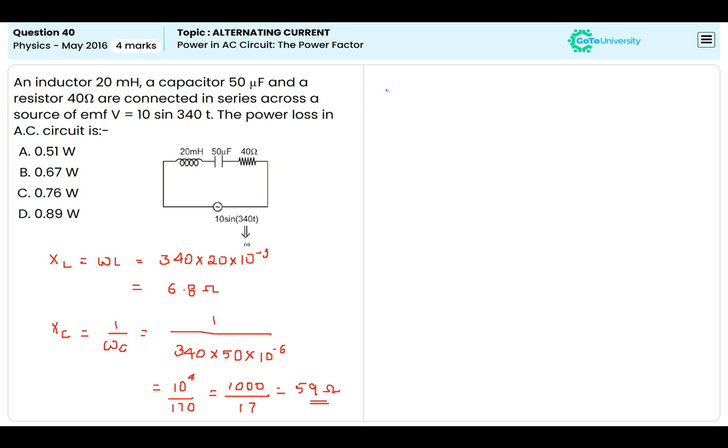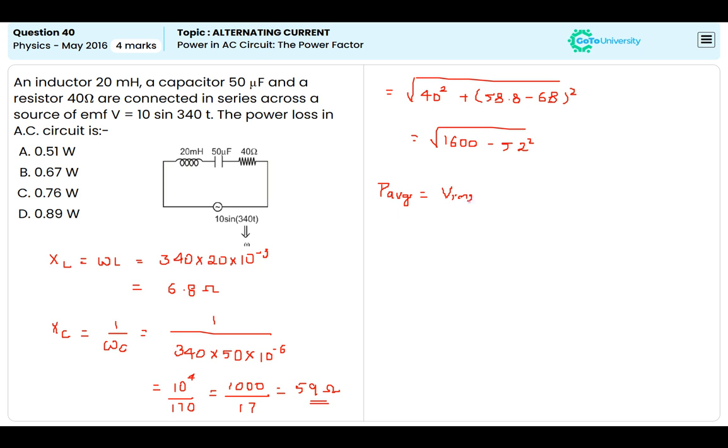Then we can write this as under root of 40 square plus 58.8 minus 68 whole square. Then we get the answer, that is 1600 minus 52 square. Then P average, that is power average, P average is equal to